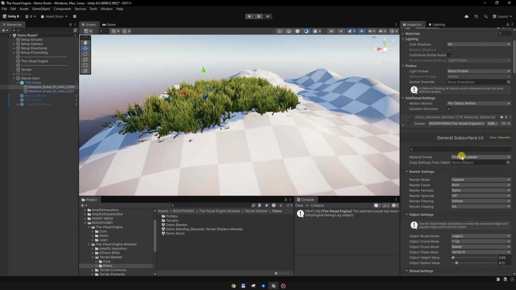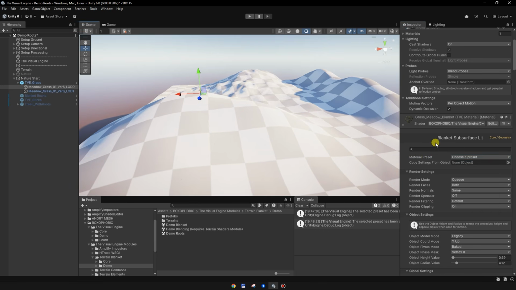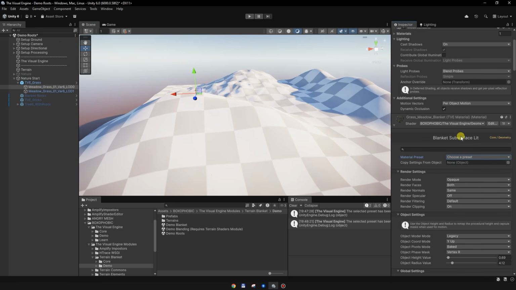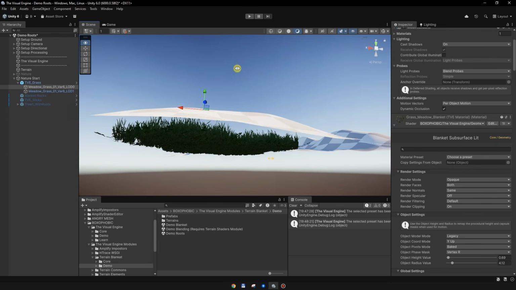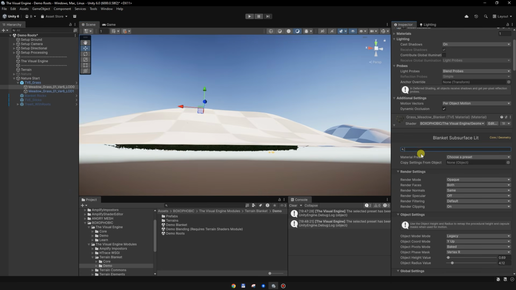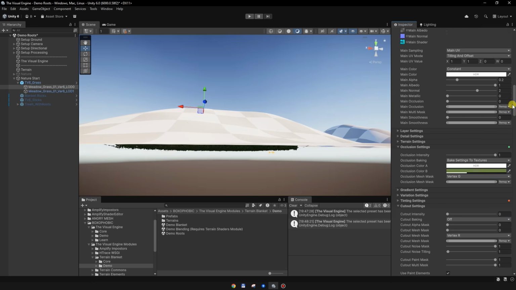Or alternatively, we can choose from a preset over here. If you go to the shaders, you can simply switch to the blanket shaders. As you can see, this shader is switched from the general subsurface lit shader to the blanket subsurface lit shader. But nothing is happening at the moment, because if we go to the conform feature over here,